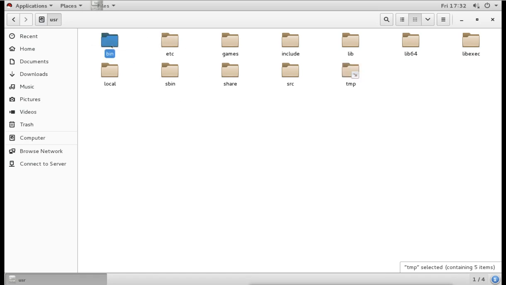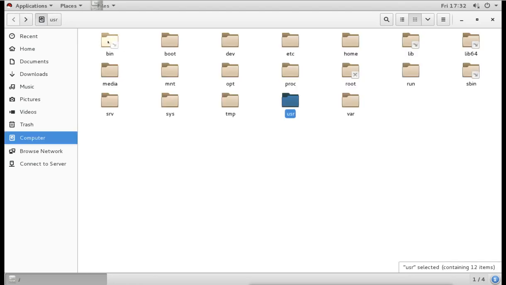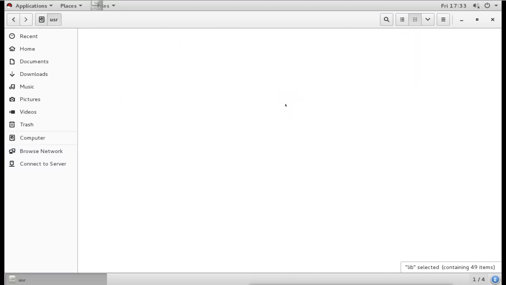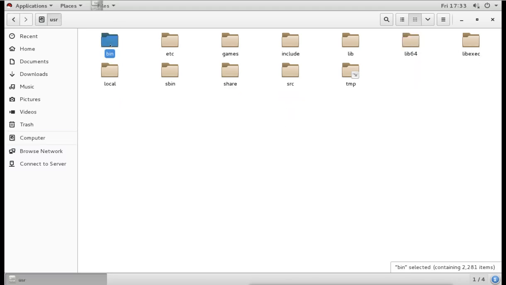Now this bin, sbin, this lib64, it is showing here, but it is also showing under the slash, but actually it is a link here. If you see the small arrow here, this is a link here. This bin, sbin, lib64, lib, these are links. So the actual location of these directories is under usr. This is the actual directory, and it is only having a link under the slash for ease of use or ease of configuration,